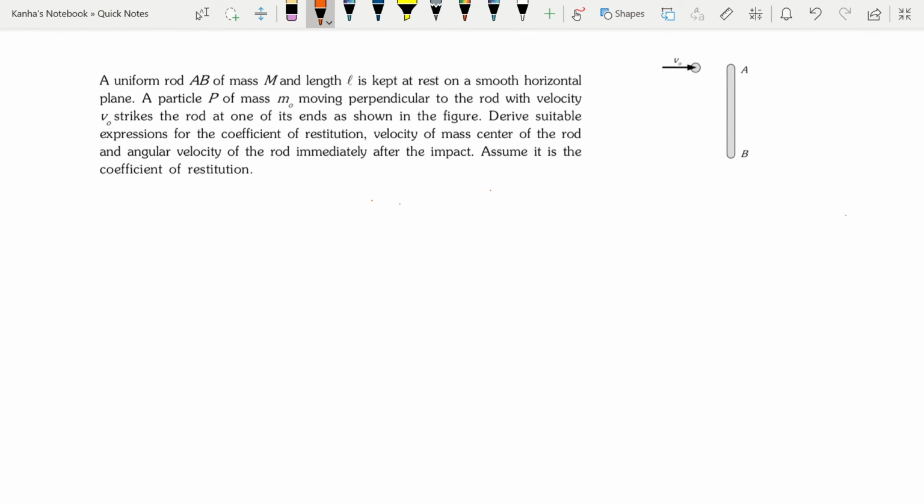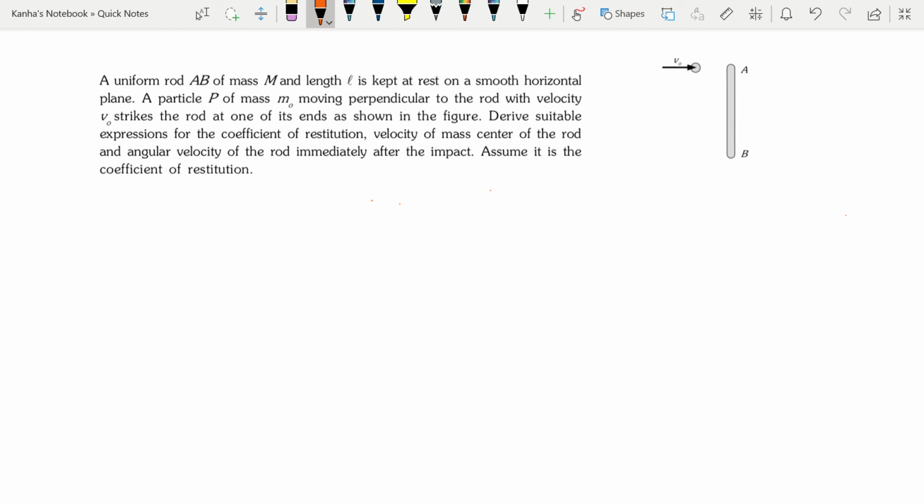This problem has been asked multiple times in various formats, and this is a problem of eccentric collisions. I briefly told you about these collisions when we were doing the lecture on collisions and impulse and momentum, and now these are back in place when you have two bodies colliding and the resultant motion is that of a rotating one. Okay, so let's take a quick look at the question.